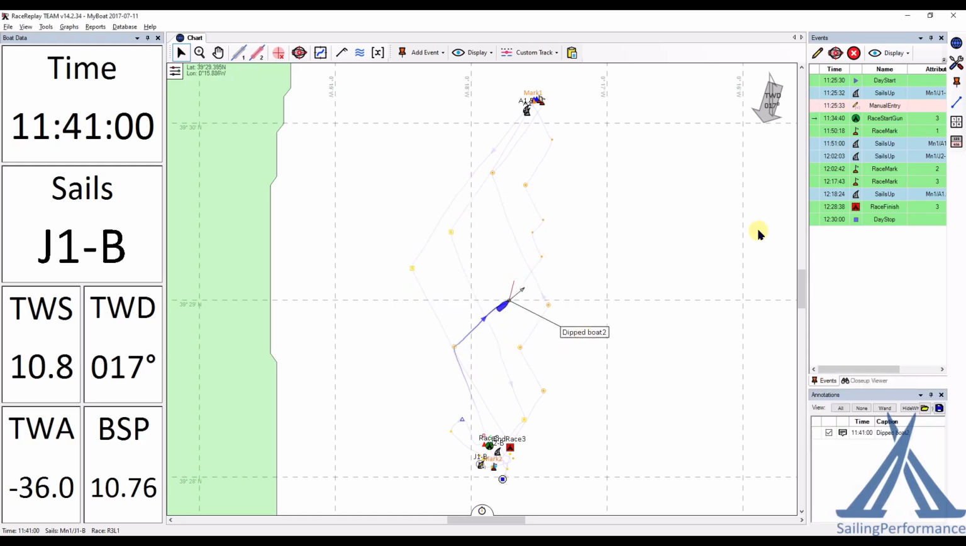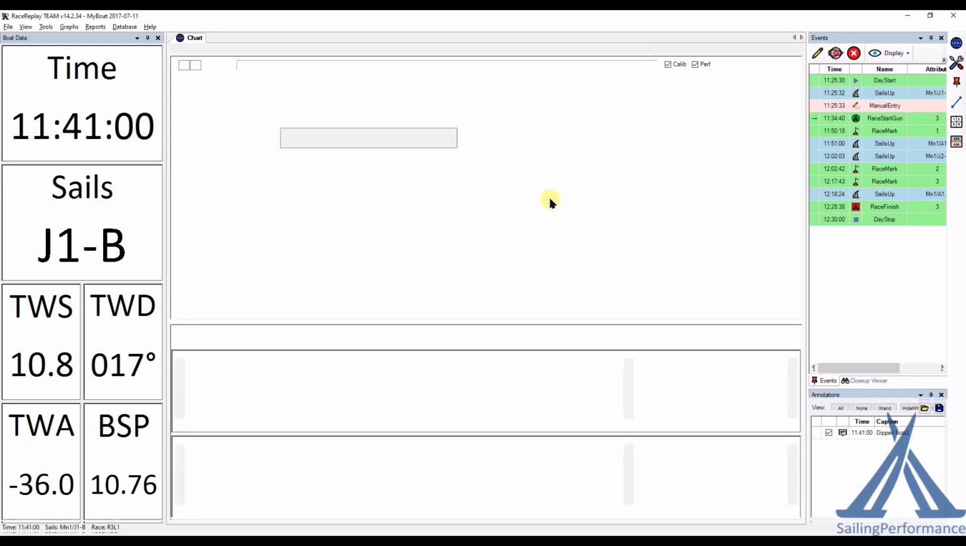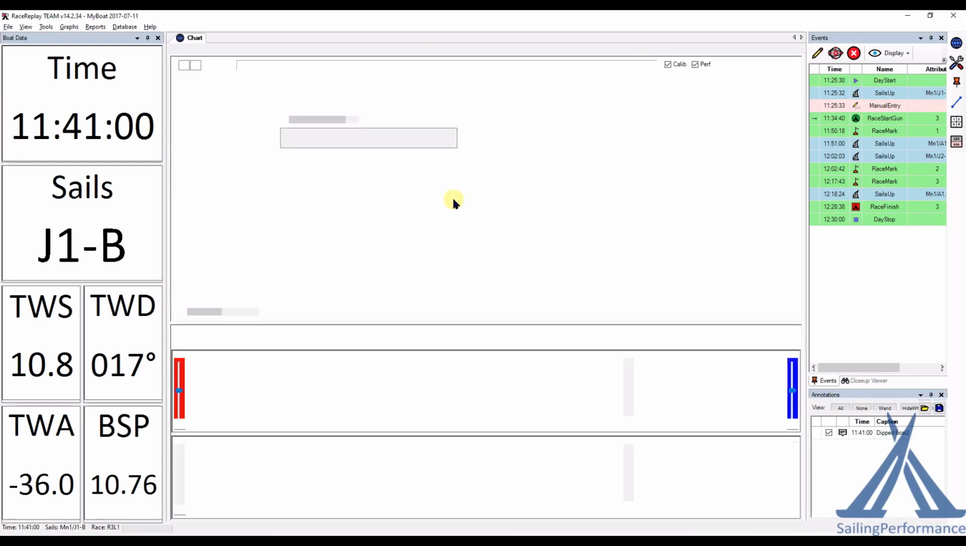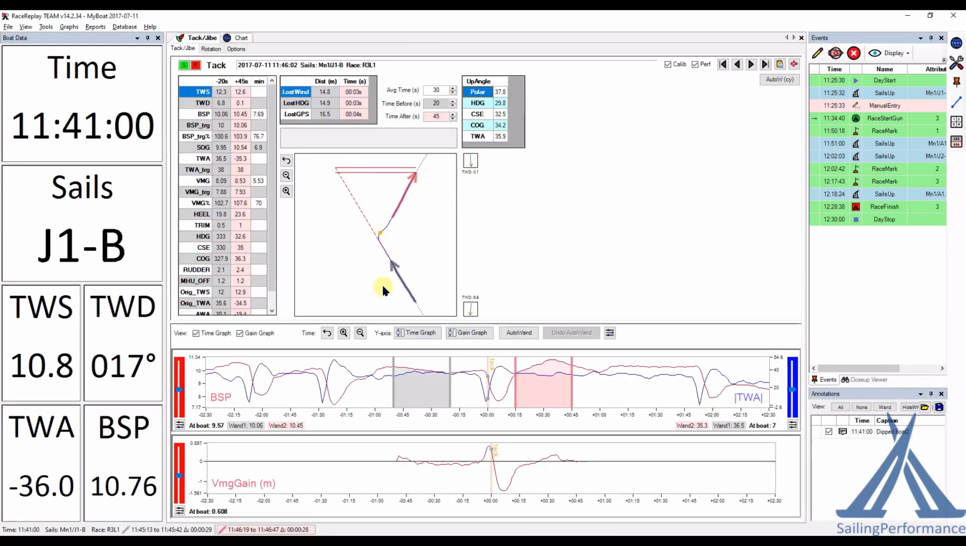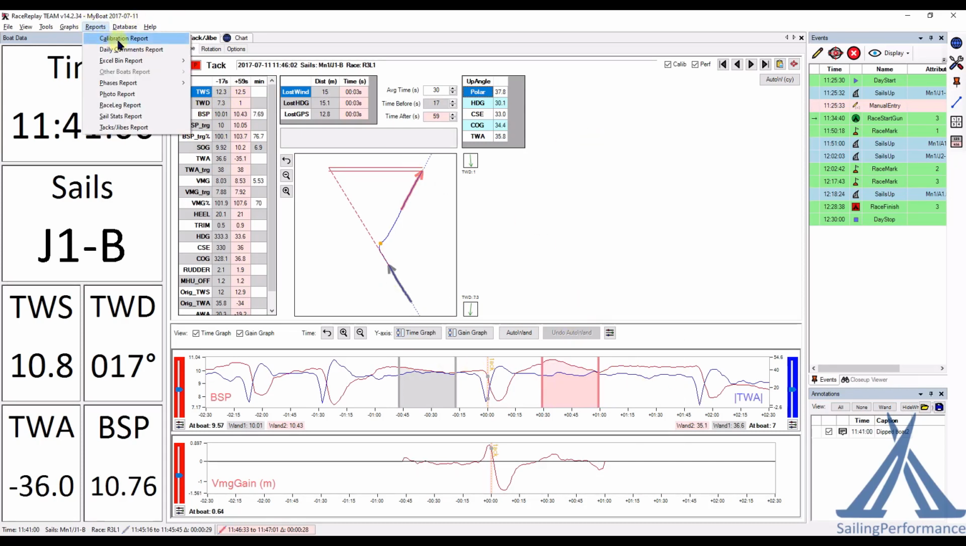And then once you're in here, you can start looking at calibration. Here's a tack. I can look at each tack, review tacks and jibes, and see what were your values of true wind speed and true wind direction before and after. Is there any calibration issue? Once you go through all these, you can start creating reports,